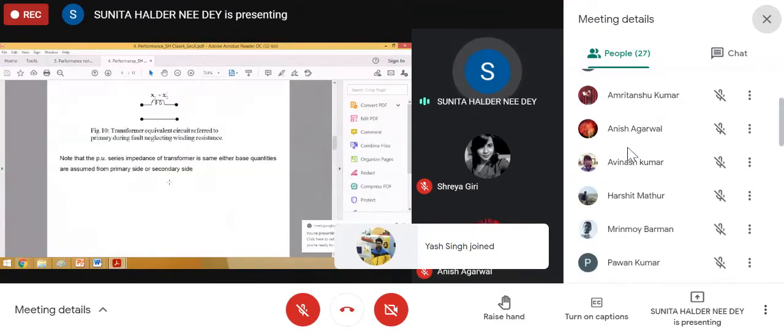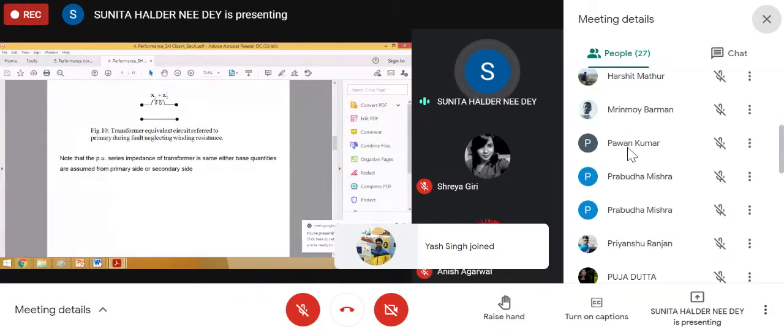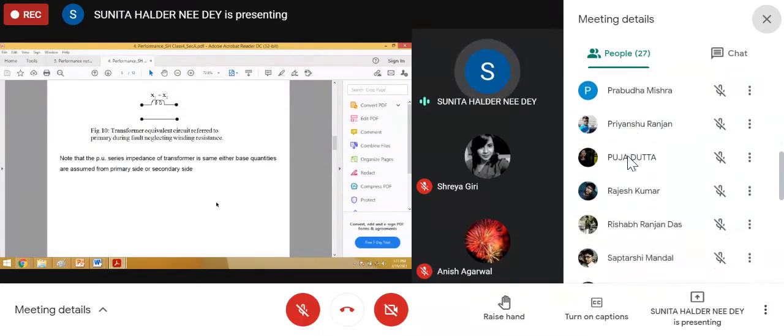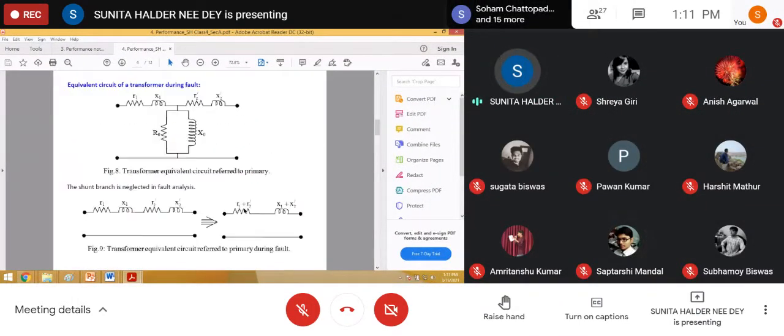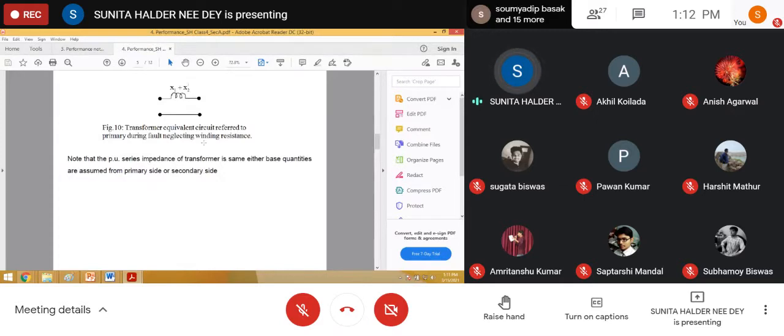I think I have taught you this much, is not it? Per unit series impedance of transformer. From the equivalent circuit we started. Then we saw that during a fault we can neglect the shunt branch. Then, neglecting the shunt branch, resistance and reactance remain. Further, in fault calculation, we neglect the resistance as well. Then the remaining is only the reactance of the transformer. Somehow I have overwritten the PPT file, so I am teaching you from the PDF file.